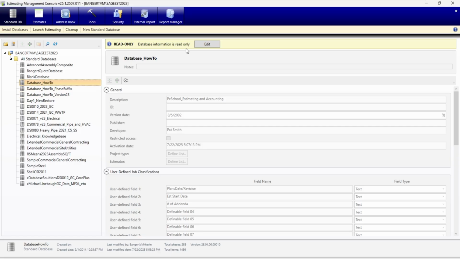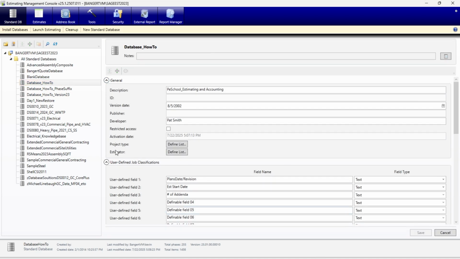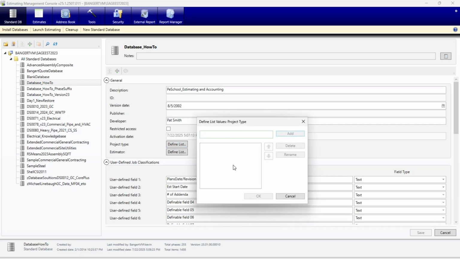So for example, I'm highlighting my database. I go up to edit and I've got something called project type. Over here, I've got a defined list where you can go in and define what you want that drop-down list to be of different types of projects. Initially, this is where you can get it set up. As soon as someone creates an estimate, they see this, they get to pick something right from the list to help keep someone consistent with types of projects. So in my case, I'm just going to say school, warehouse, retail stores, whatever it may be.